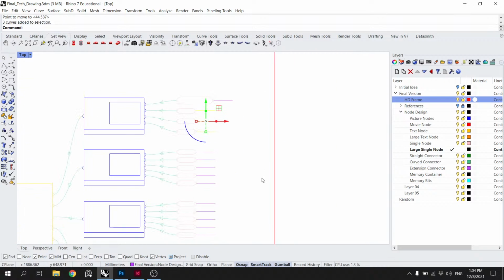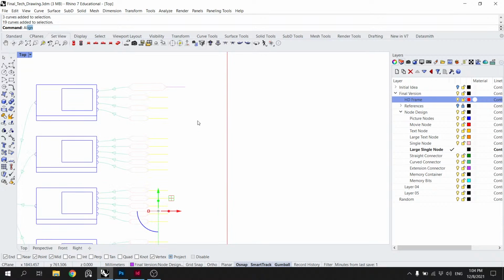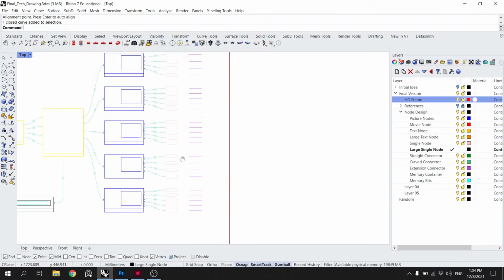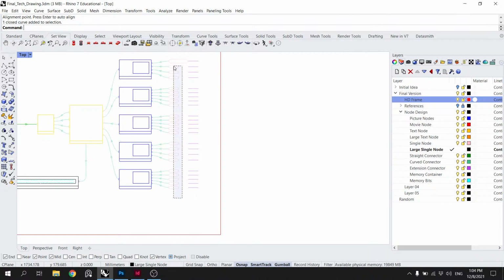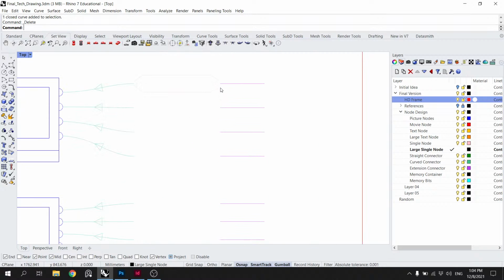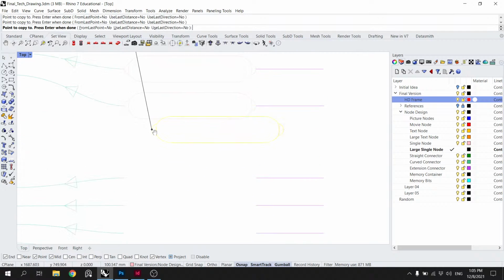This is all good still. Basically, we can just take all of these, hit align to right, and then choose that, so they'll all move over. We then have to go through and delete all of those, including that. We'll then select those, group them, and then just do a copy from there to all of these points.